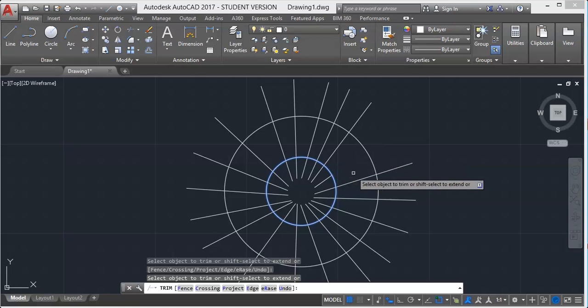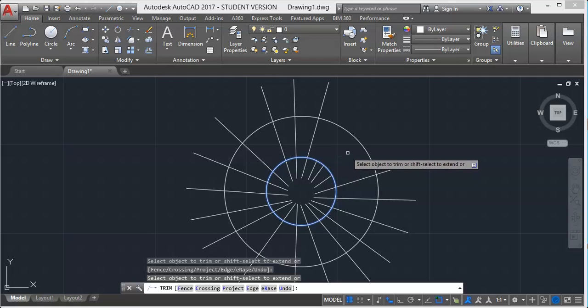Once you click on this line, it will be trimmed up to this boundary which we had initially selected, not up to this boundary, although it passes this boundary also. You can find the same results with all the remaining lines here also. So that is another way of using the trim command.